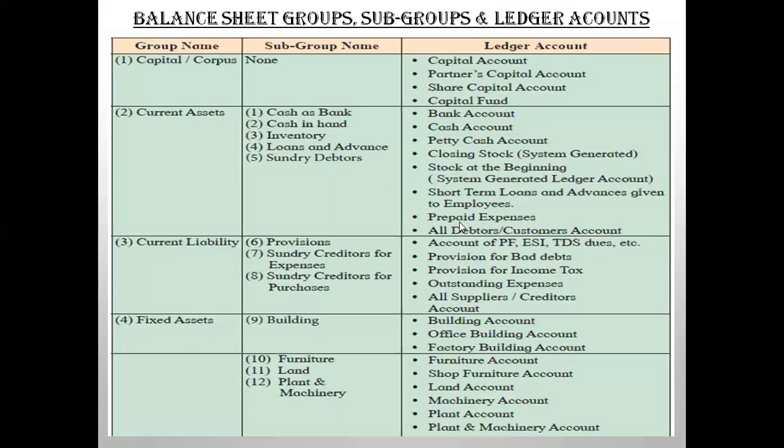Then the loans and advances, all the loans of your company which are taken, will be under loans and advances. And sundry debtors, to whom you sell on credit, will be classified under sundry debtors. For example, ABC account or XYZ Enterprises to whom you sell on credit, all the organization names will be sundry debtors. So these all come under these particular heads.